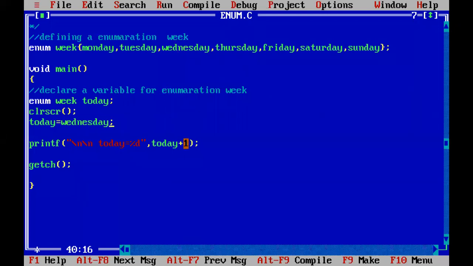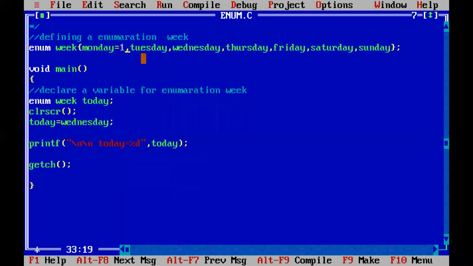Instead of writing plus 1 here, we can also change it at the definition. By default, if you don't initialize anything, the Monday value starts with 0. You can also change it by setting it equal to 1.